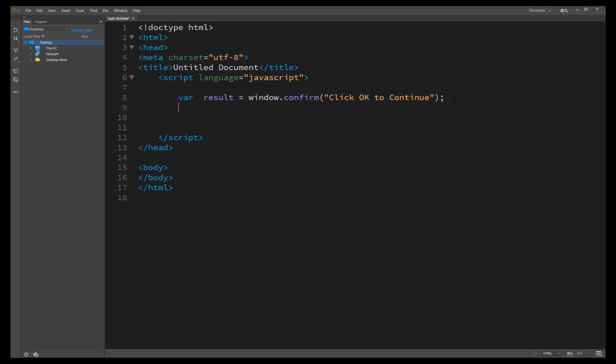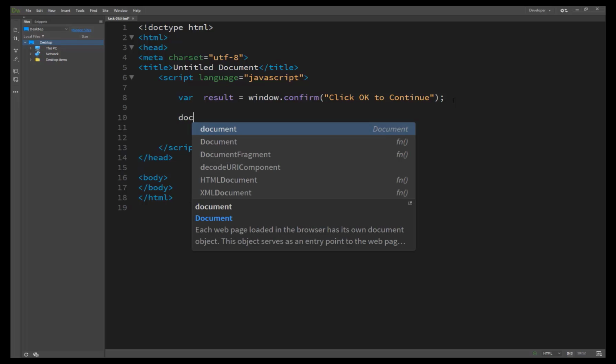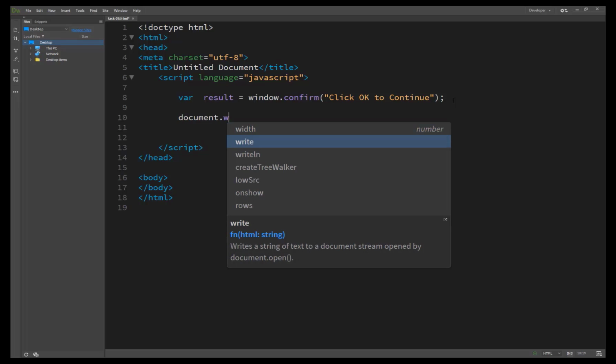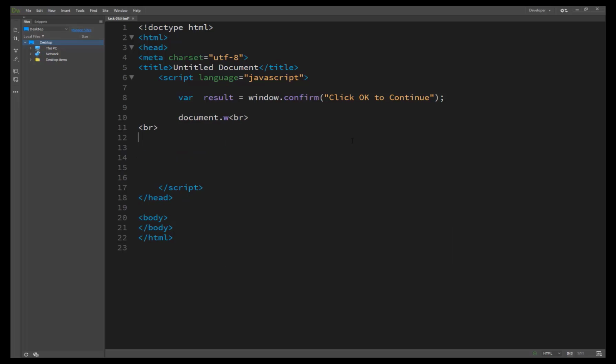When we click OK it comes back as true, and when we click Cancel it comes back as false. Now we use document.write to print the message on our page, passing the result, and now we see the result here.